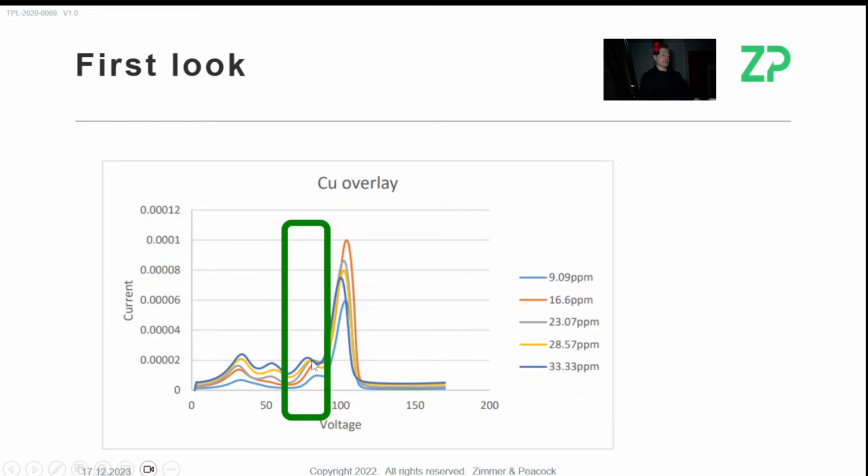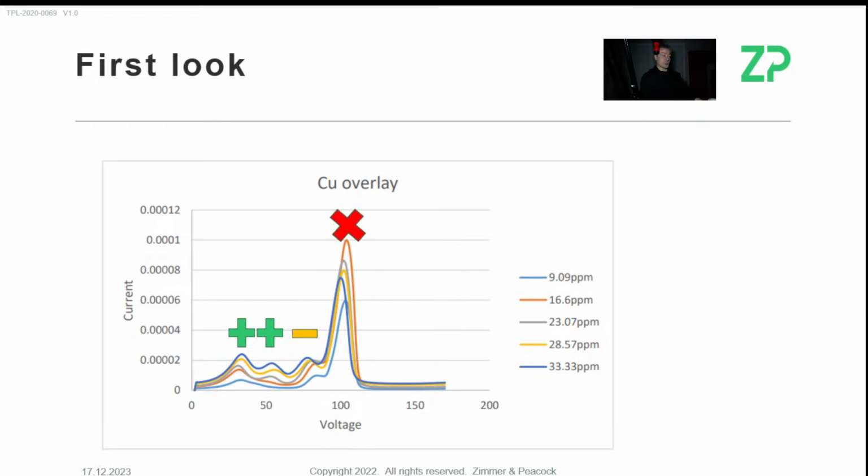Highest is highest concentration and lowest concentration is lowest signal, but in the middle it gets a little bit more mixed up. Then, when we go to peak 4, which is this last one at about 100 millivolts, that's when it does break down. I've labeled it up here: that peak works, that peak works, that peak starts to get a bit borderline, and that peak doesn't work. So I think what you're having here is that you're oxidizing copper in essentially 4 events.